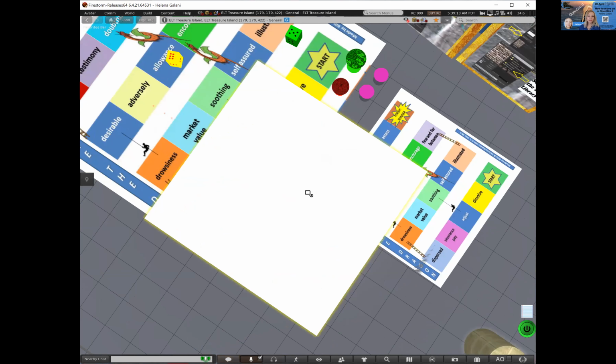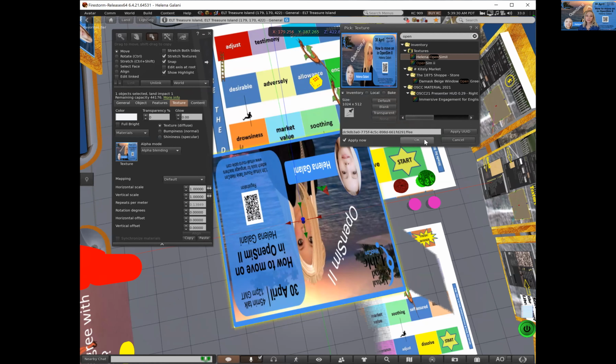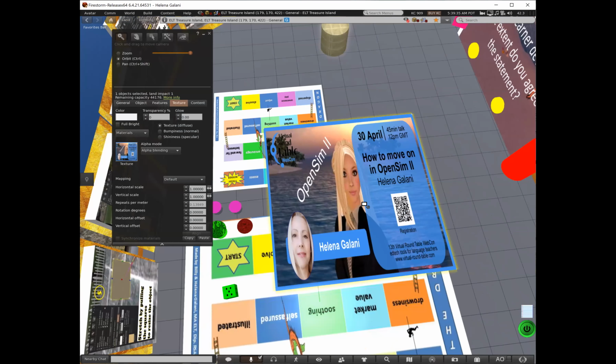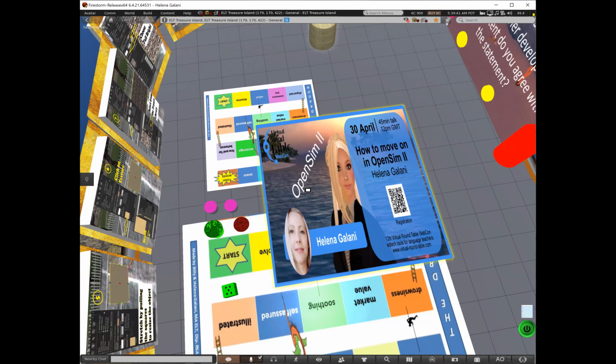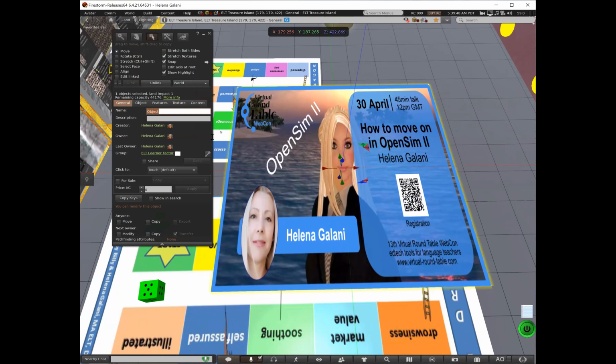Okay, here you can see it more clearly. Oh, that makes me feel sick sometimes. And find the texture you've just uploaded. I think, what was it called? Helena OpenSim. Here it is. Game piece? No? Pardon? You saved an object for a game piece as well. I'm not sure. Got your point. Heike, could you repeat? Oh, I got it wrong, sorry. Okay, so here we've got the board for the presentation,